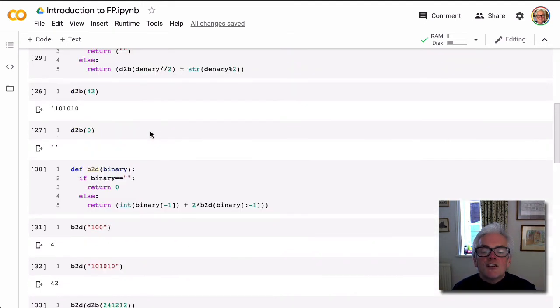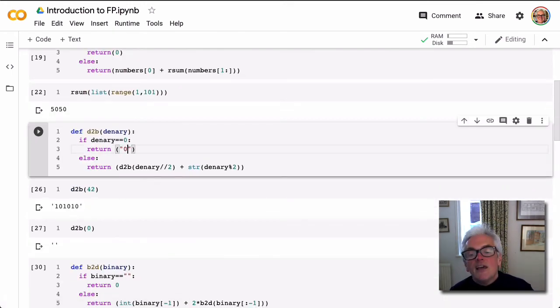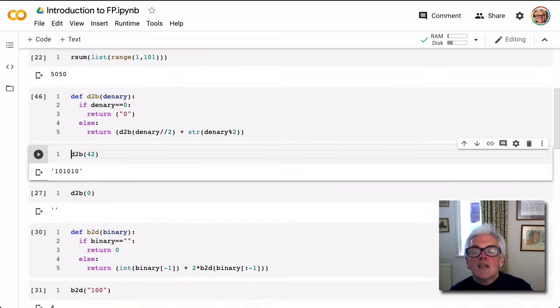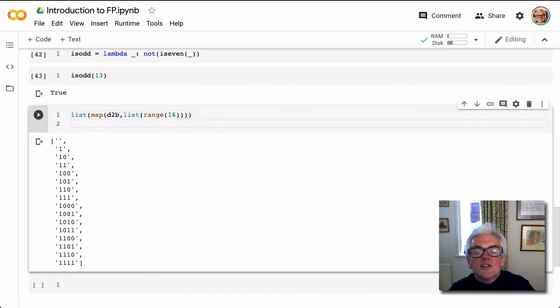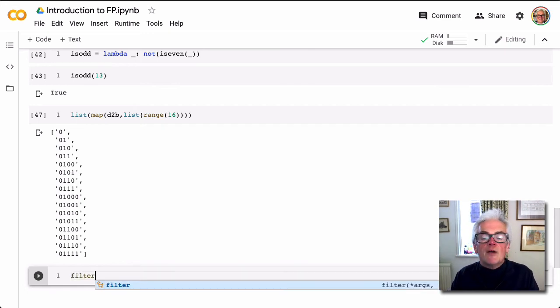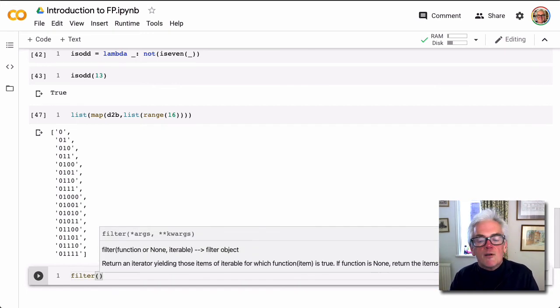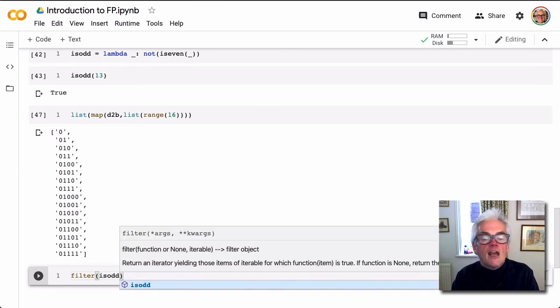If you preferred the stuff which started with a 0 there, then I can change my definition here. And then when I map that, I'll get the leading zeros out of all. Whether you prefer one or the other, I don't mind, you know. Okay, so that's map. The next one we're going to do is filter. So again, let's get it wrong first. So I'm going to filter this time. And what I want to do is take my function is odd and apply that